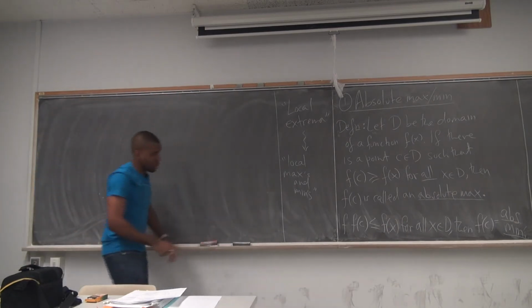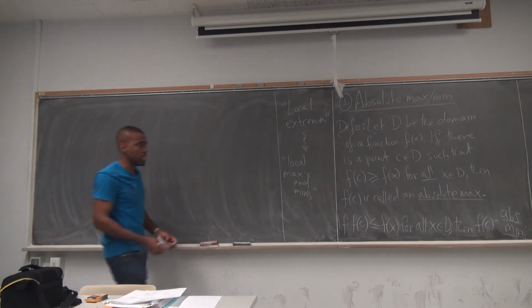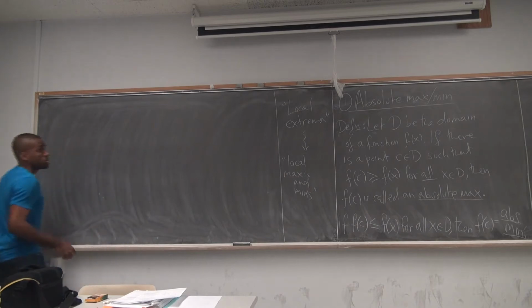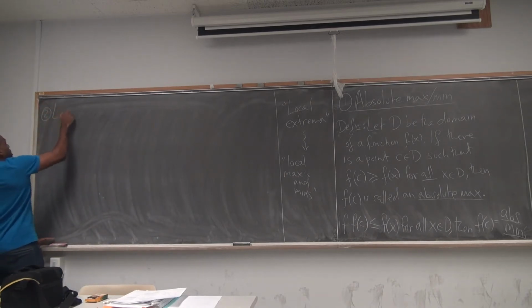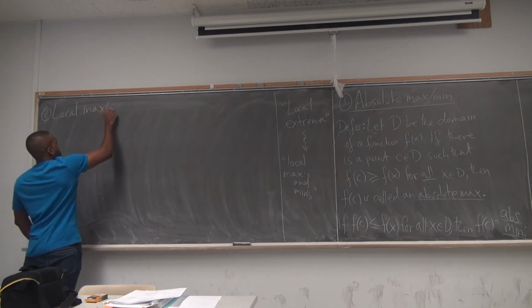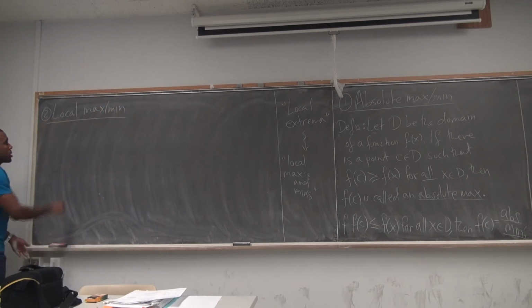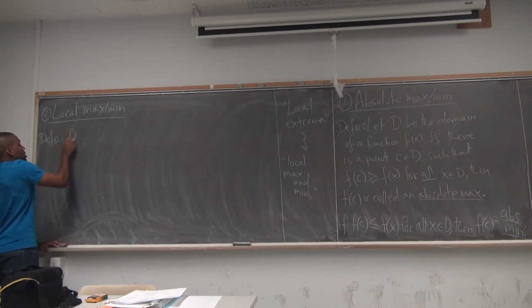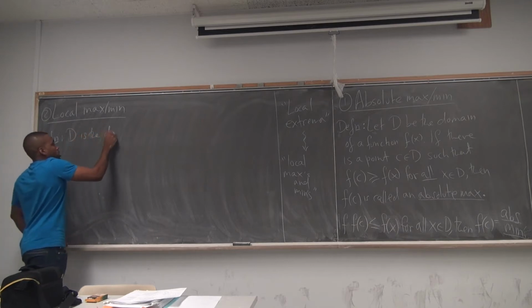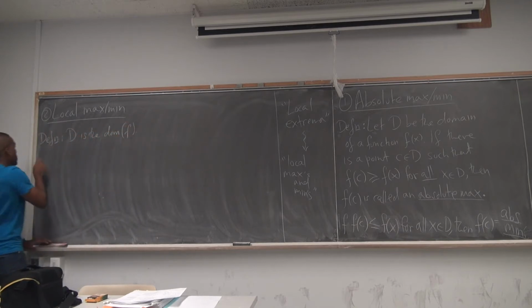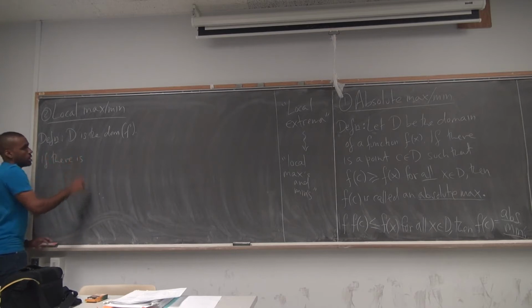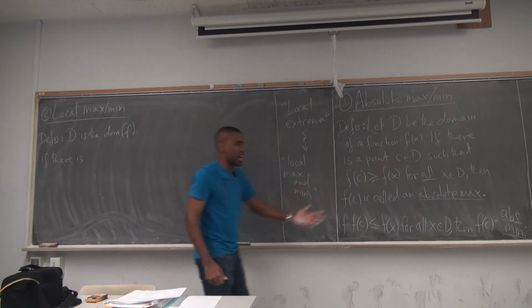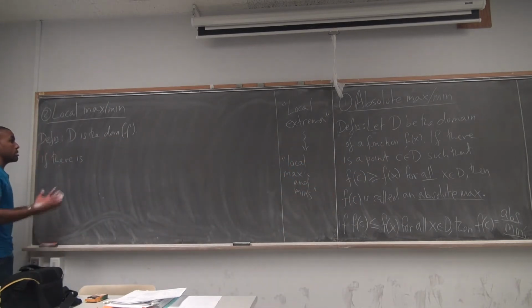And as the name would suggest, for local maximums and minimums, you're not looking on the entire domain, you're just looking in a local area. So, how about local max and min? Again, D is the domain of f. If there is a c, and notice I'm saying if there is such a point, it means it doesn't have to exist. You don't have to have them. But if it's there,